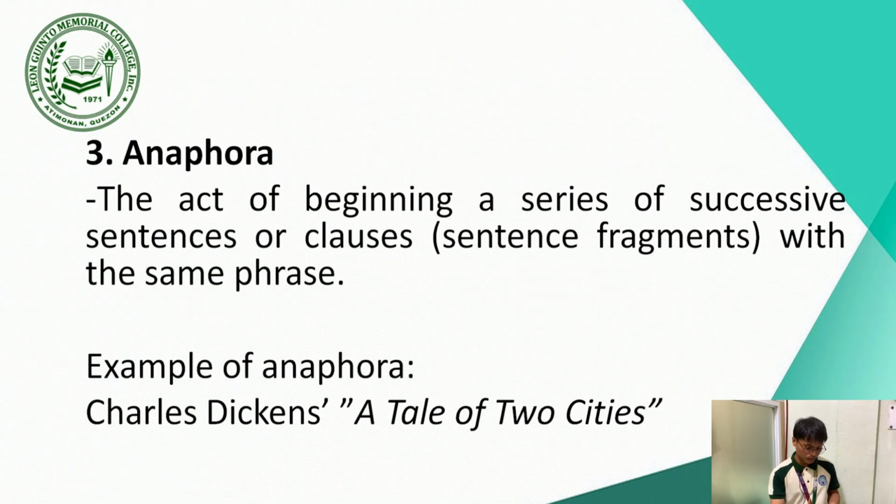One of the examples of anaphora is Charles Dickens's A Tale of Two Cities. It is one of the most famous uses of anaphora in English literature. It was the best of times, it was the worst of times, it was the age of wisdom, it was the age of foolishness, it was the epoch of belief, it was the epoch of incredulity, it was the season of light, it was the season of darkness. So it goes like this for a while,